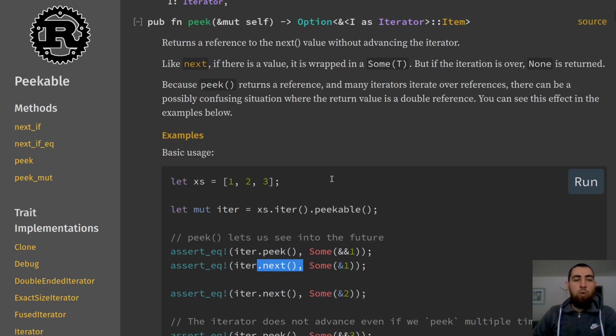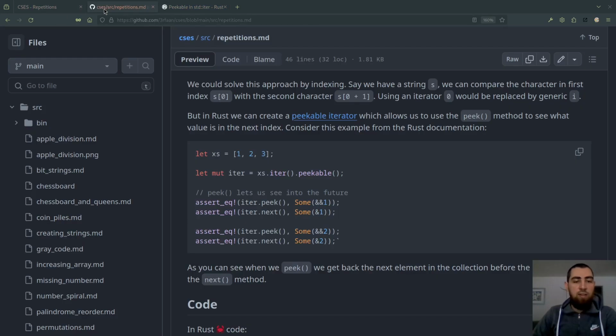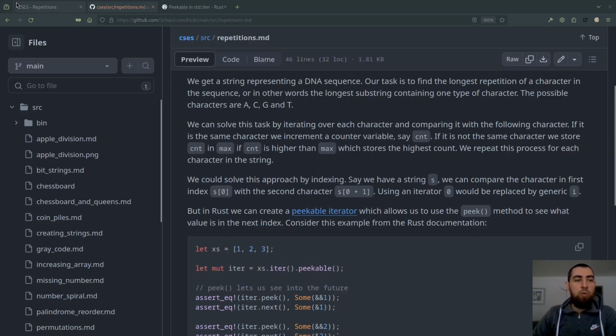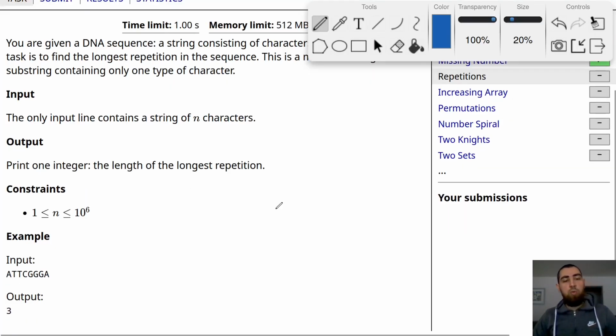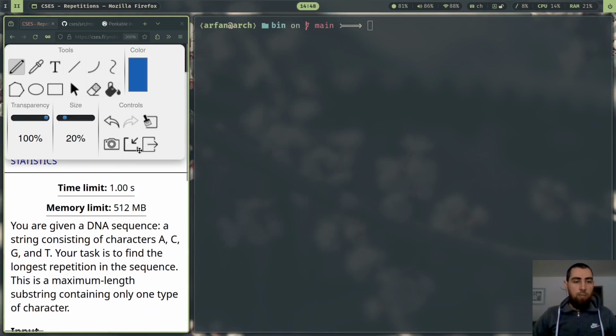And we can use that, or we can also solve this exercise by indexing. So what we are doing is we just check if s0 is equal to s0 plus 1, and then we check is s1 equal to s1 plus 1, and so on. We can use this approach, but I like the other approach more because it's more Rust-like, right? So